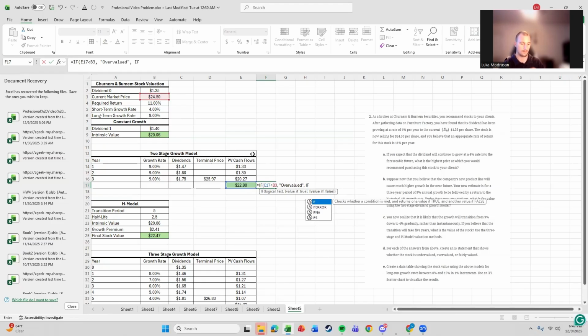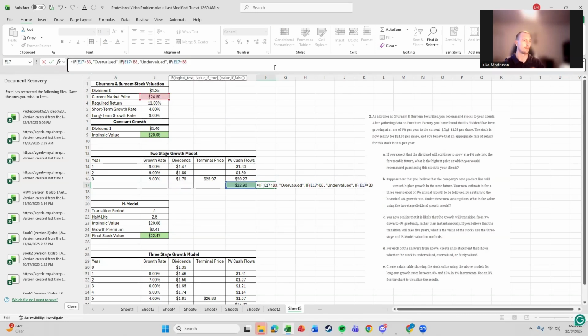And then we're gonna go if this is bigger than the market price, comma, it's undervalued, comma, and then the last one, if this is equal to this, fairly valued, just like so,